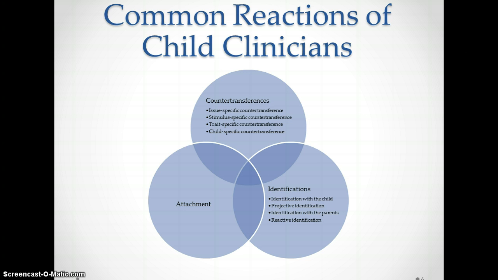Stimulus-specific countertransference is independent of the child's needs, feelings, or behaviors, but rather occurs in response to an external, treatment-irrelevant stimulus of the child. Brems described an example of this as a counselor who has unresolved issues of sibling rivalry and how that person might respond to children who remind him or her of a sibling. The issue is not specific to the child, it is an external stimulus.